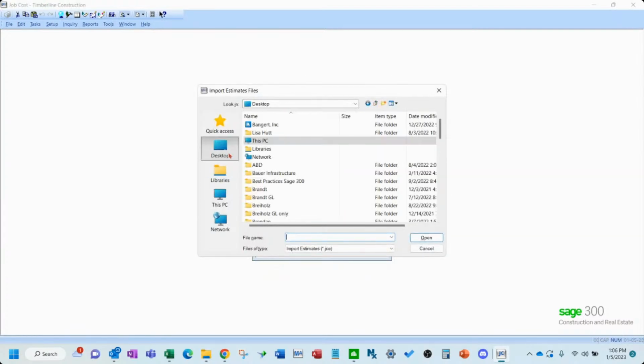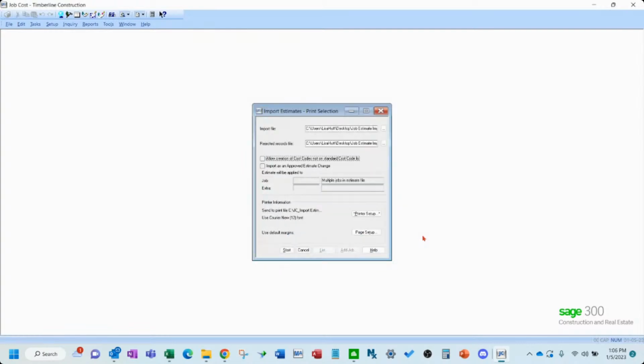So I usually go in the same spot that I have my import file, make it the same exact name, but put reject at the end of it. I'm going to make it a text file. And I did make some cost codes in that file that aren't in my standard list, so I'm going to show you how that looks. I'm going to check mark that. It knows there's multiple jobs in the file.